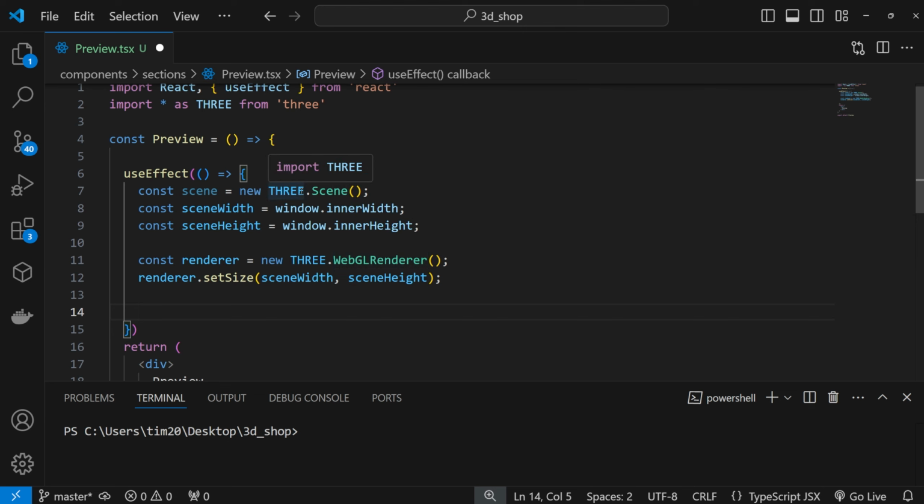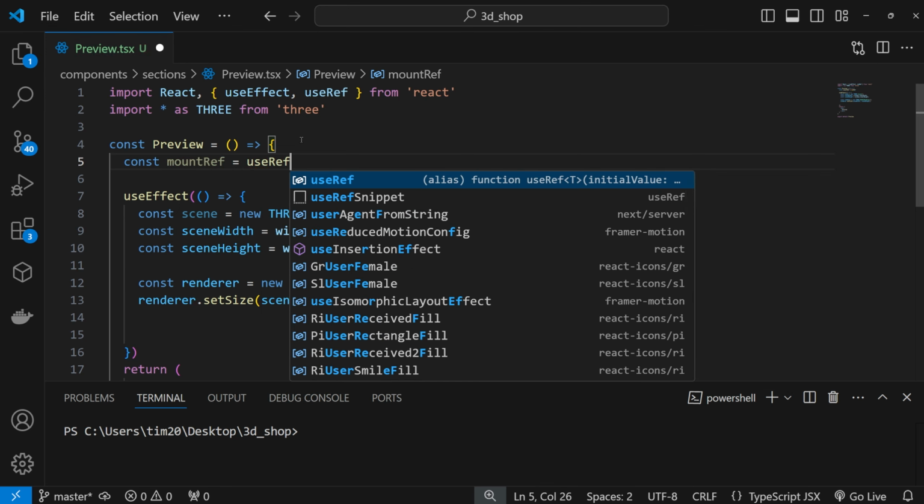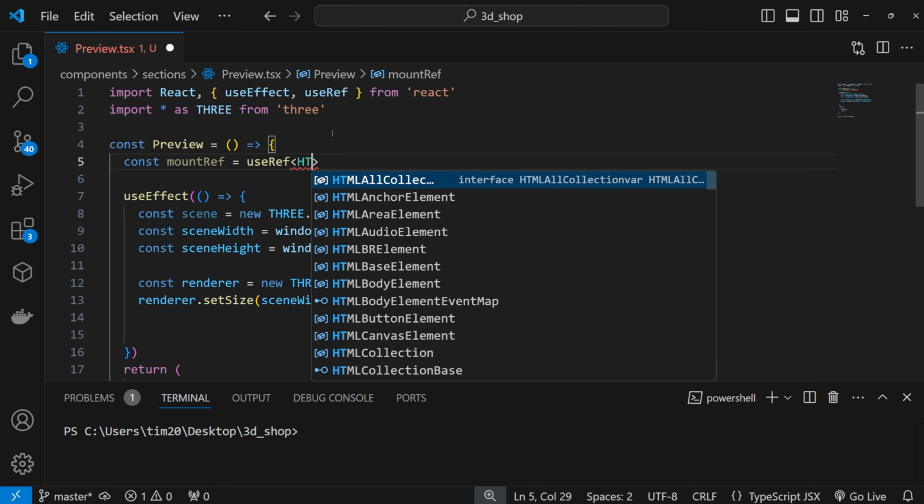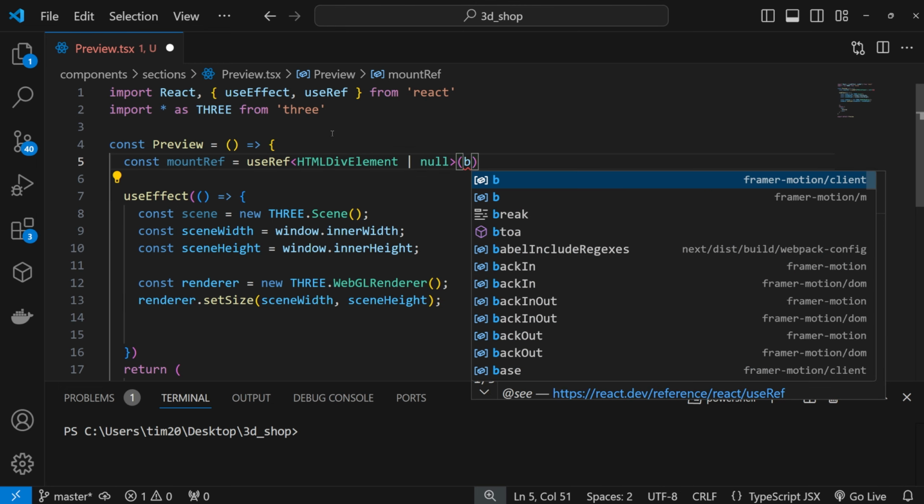It's to create a useRef hook, which will store a reference to a DOM element. This reference is used to attach the Three.js renderer to a specific div in the DOM. It persists across all renders, and changing it won't trigger a re-render. So let's create our const above useEffect called mountRef. And it's equal to useRef imported from React. Let's add a type HTMLDivElement or null, and by default set it to null,